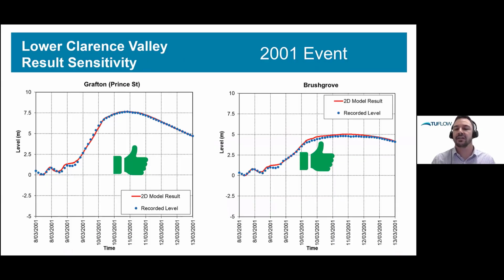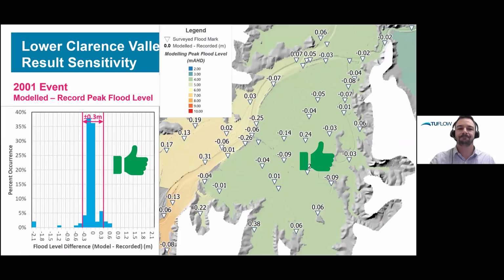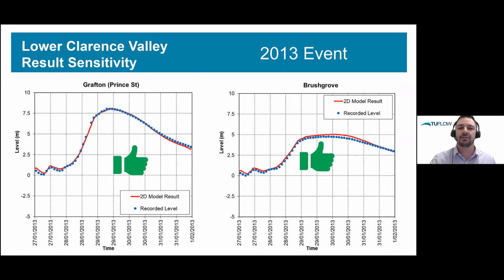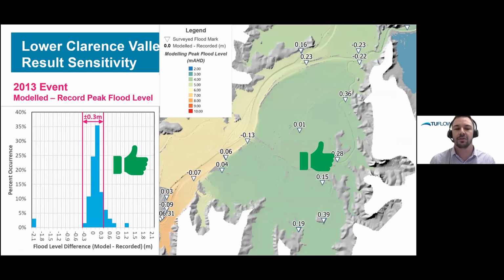Here's the result after adding that input to the model. So you're getting a nice correlation now in the river, also in the floodplain. That was 2001, this is 2013. Also an excellent result across the board. What this really highlights to me is if you calibrate only using your river gauges, then you're potentially still not getting an accurate result out on the floodplain. You need those peak water level marks out in the floodplain to make sure the interaction between your river and your floodplain is accurately defined. It's a very significant feature hydraulically, and it's important that you get that right.